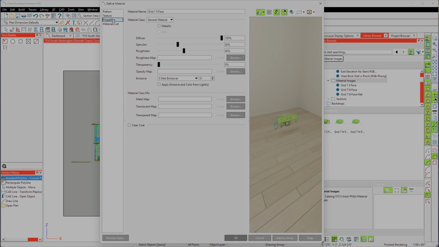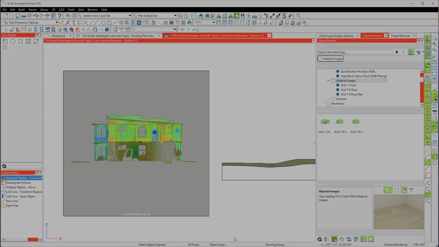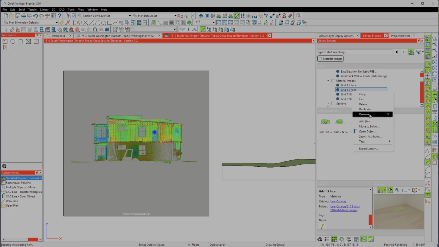And then on my properties, I want to come in here, my transparency, I like that 60 value, and I'm going to use that 60 value. My grid 1 south face, I hit OK, and boom, now I have 2 of them. So I'm going to take this old one, and let's take this one, and we're going to rename the one I just made because it's 60%, and so I'm going to put this at south face 60